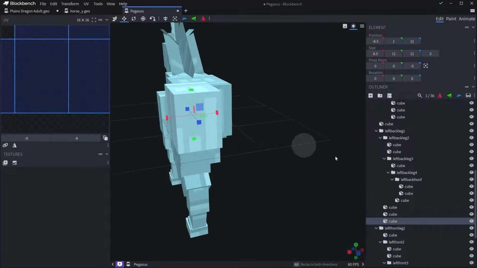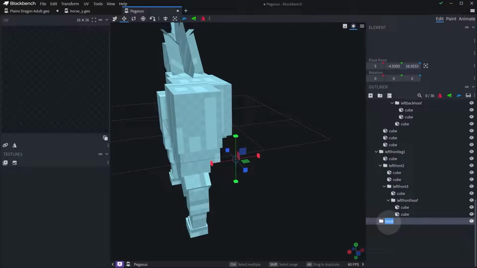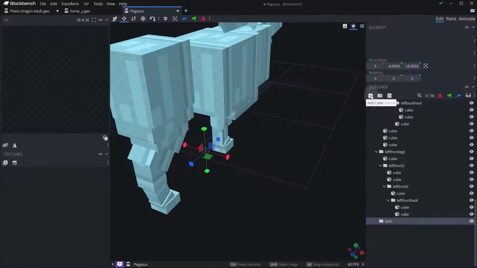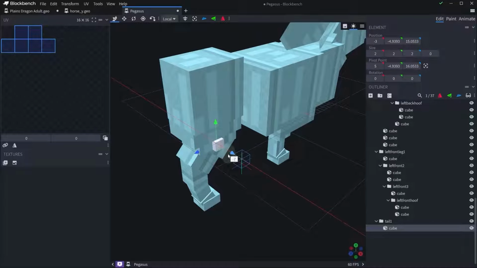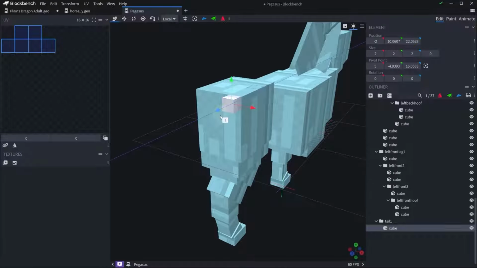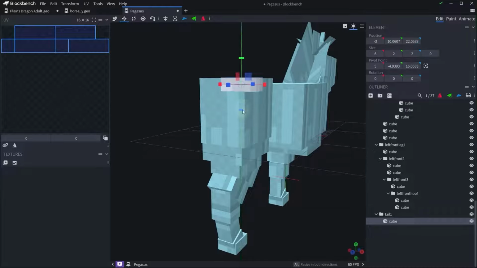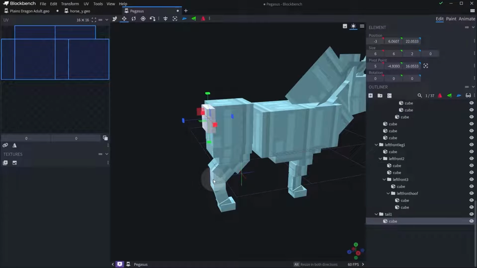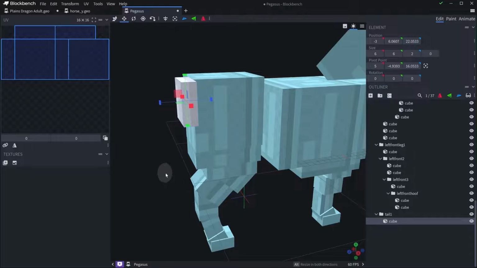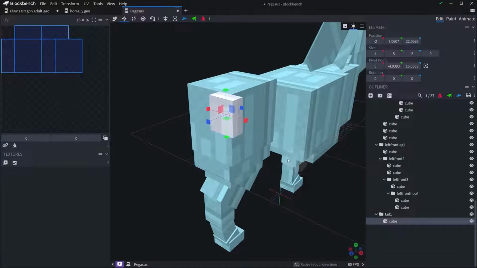We need a tail. Nothing is complete without a tail. So, select the whole Pegasus, we do tail 1. Now the tail of Jack Sparrow begins. We create a cube, move that cube to the butt crack, the left butt cheek. Drag it up, move it there. Center it. Okay. Now how do I want to do the tail? I want to make it thick and bushy, but we'll start off a little bit tapered maybe, and then go